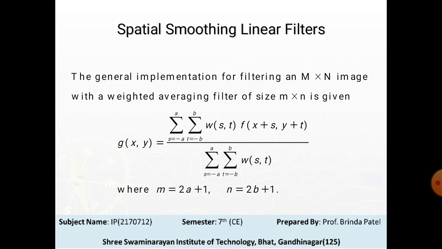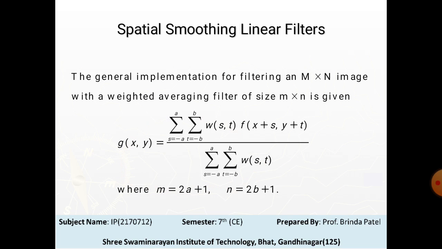So the general implementation for filtering an M cross N image with a weighted averaging filter of size m cross n is given by this expression: g of x y equals the sum for s equal to minus a to a and t equal to minus b to b of w of s t times f of x plus s, y plus t, divided by the sum for s equal to minus a to a and t equal to minus b to b of w of s t, for x equal to 0, 1, 2, up to M minus 1 and y equal to 0, 1, 2, up to N minus 1.